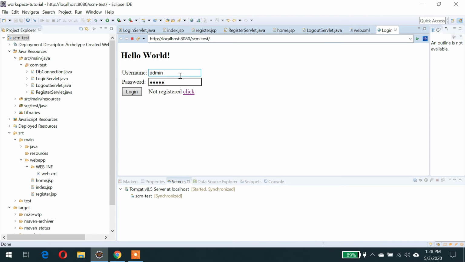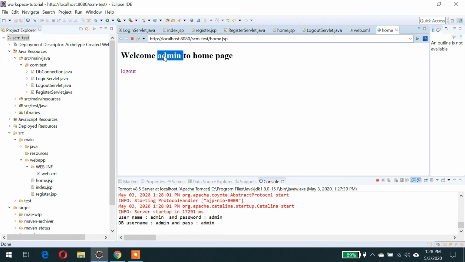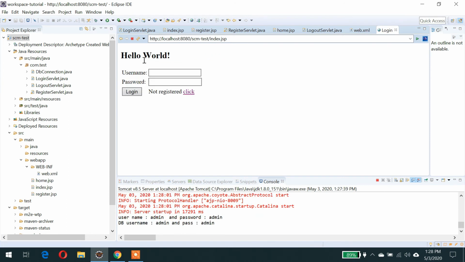Let's log in with our basic username and password. Now it is saying welcome. When we redirect, it is here. When you refresh,